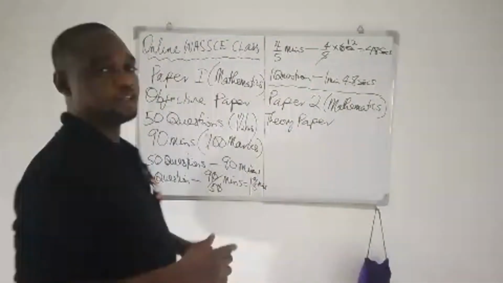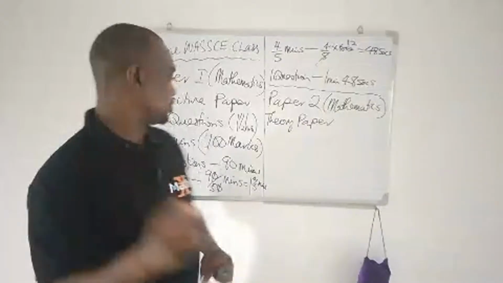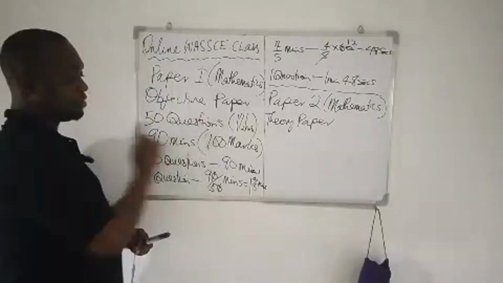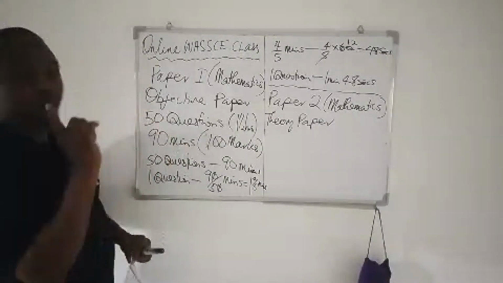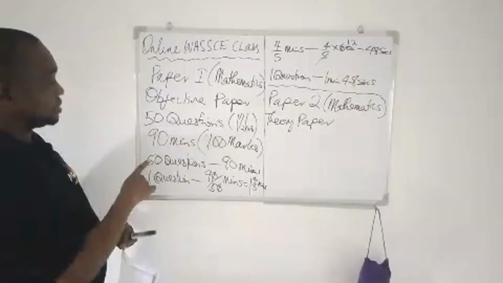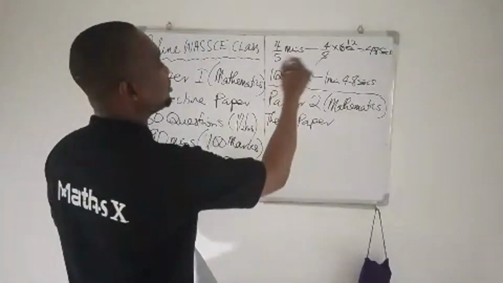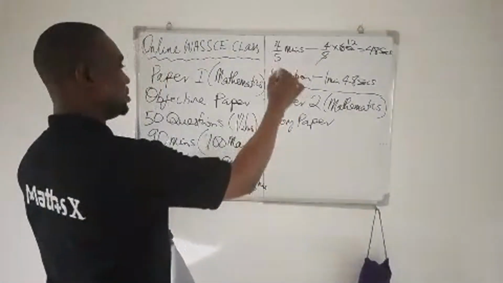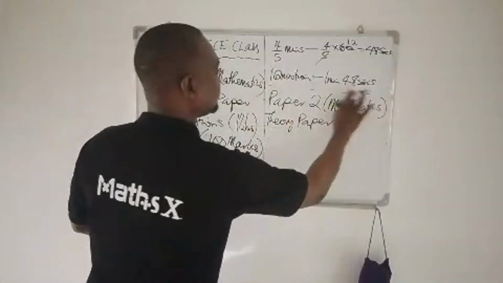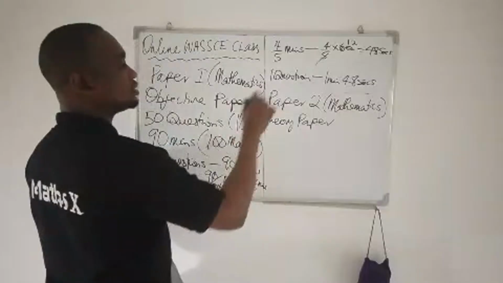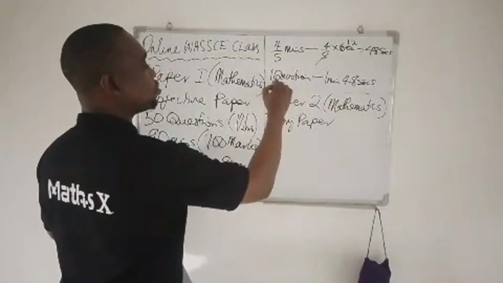And it comes in two sections. I told you that the OBJ is 100 marks. So if it's 100 marks, it means that every question is 2 marks. I didn't add that, but I should have. So one question is, let's put it here, 1 minute 48 seconds. One question again